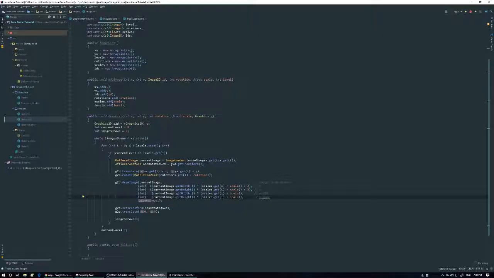Why is that erroring? HEI. Okay, height. So the first one is x, so where we're drawing the image, which is basically getting the